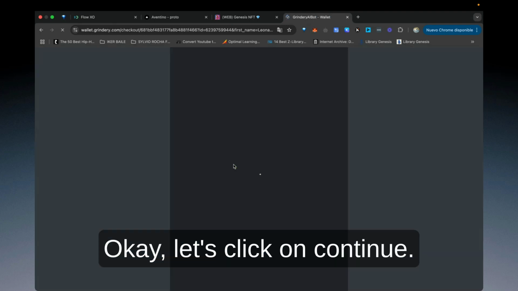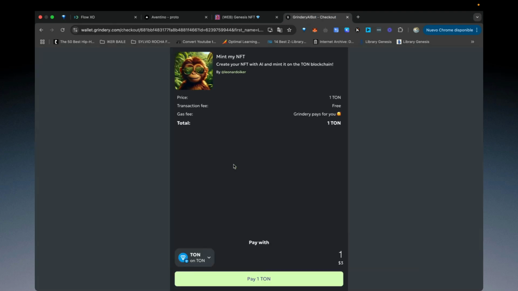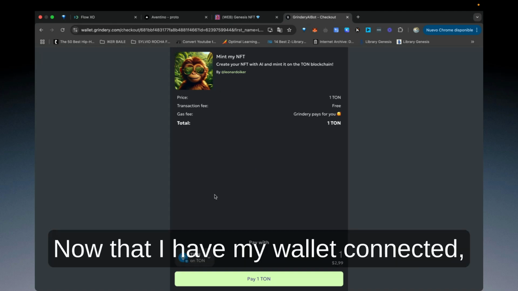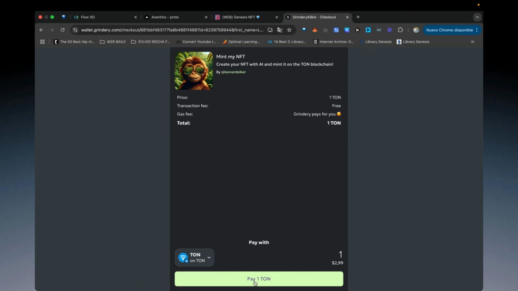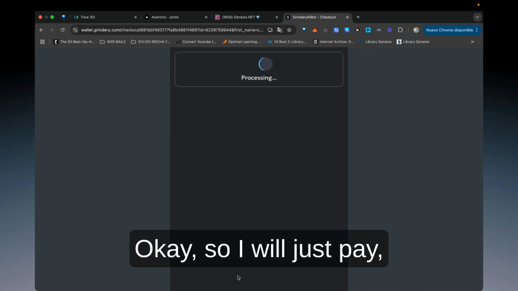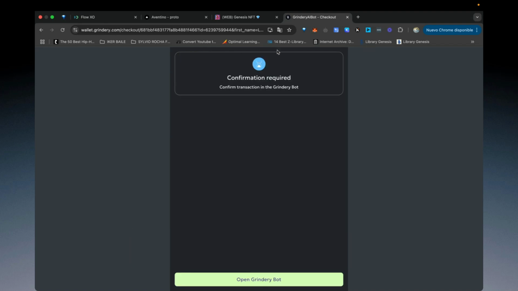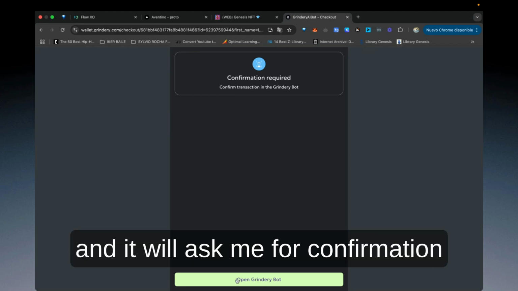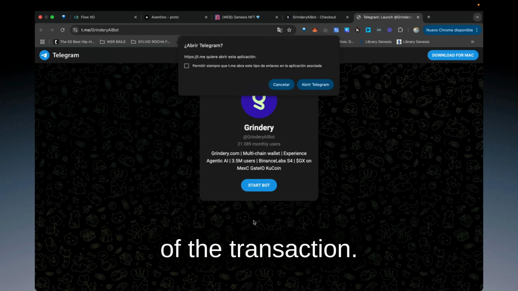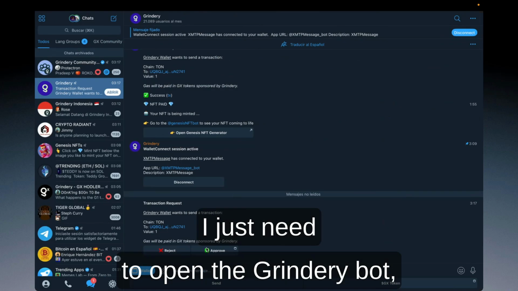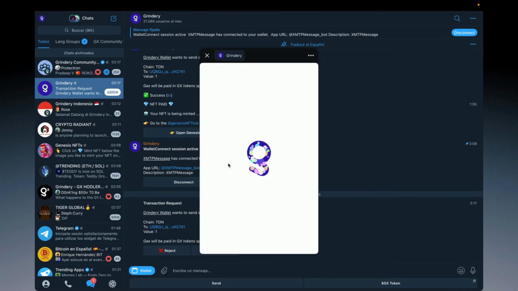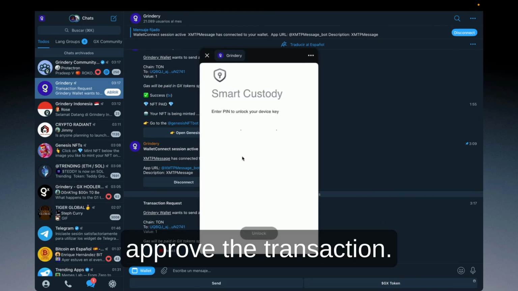Okay, let's click on continue. Now that I have my wallet connected, I can execute the payment. Okay, so I will just pay, and it will ask me for confirmation of the transaction. I just need to open the Grindery bot, approve the transaction,